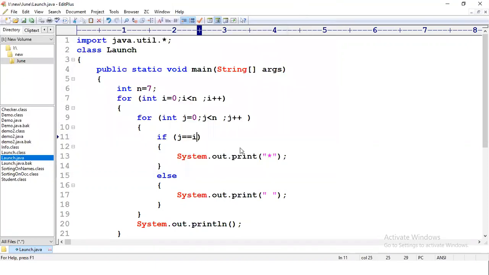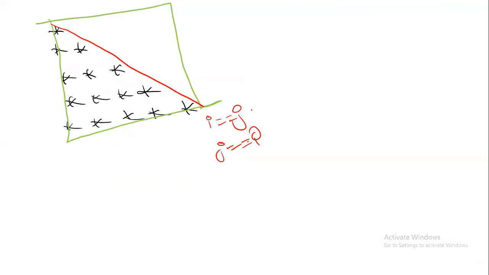And that is the reason I'll not be writing I is equal to j. I'll be writing j is equal to I. Why, sir? Why have you written like that? Because for this trick to work, only the j variable should be on the left hand side. So j should be on the LHS.